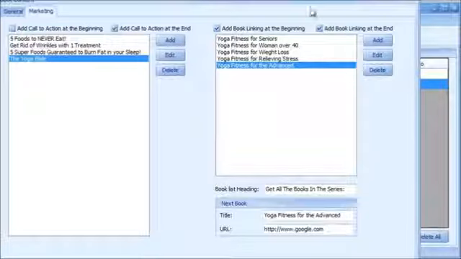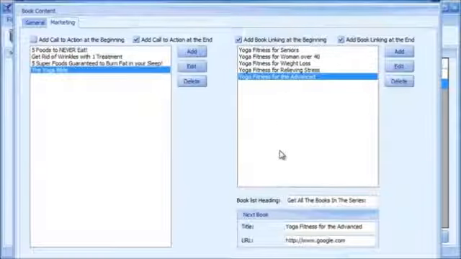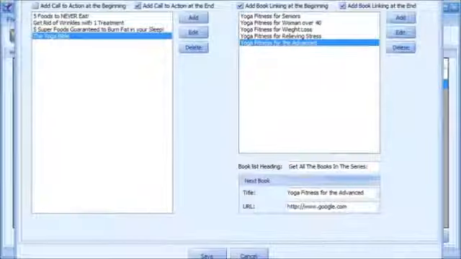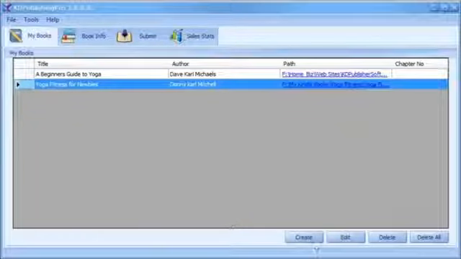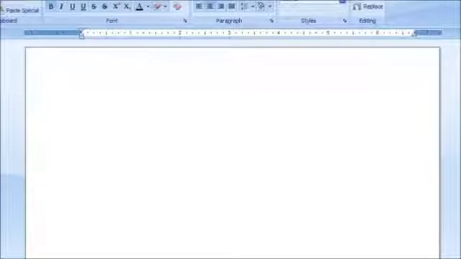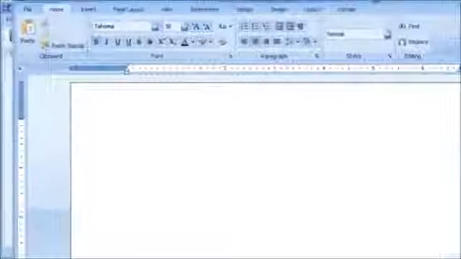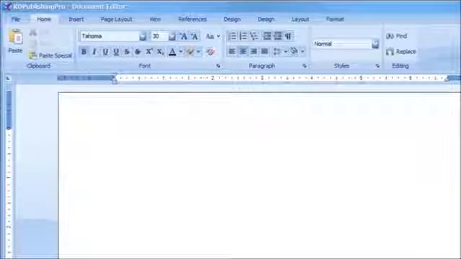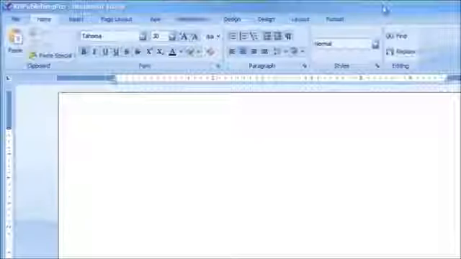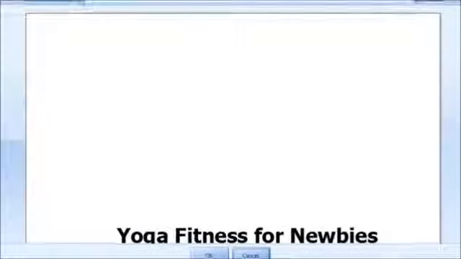So all this stuff is automatically inserted into your publication for you, and you don't have to mess around with any of the formatting. And once you're done with all your chapters, you can quickly just preview the book by clicking this link right here, and it brings up the editor. But now you can see the entire book and all the edits that we just did, and you can see the power of what was implemented into the software.